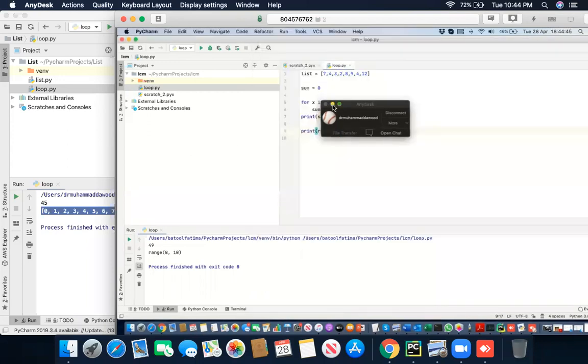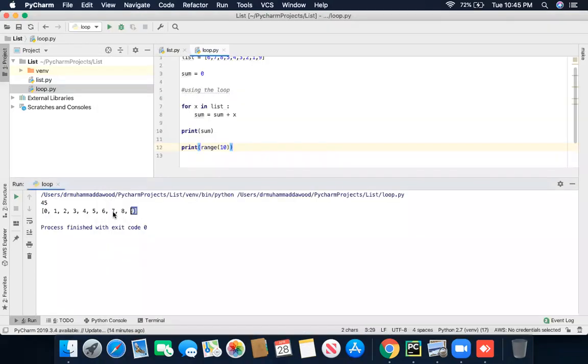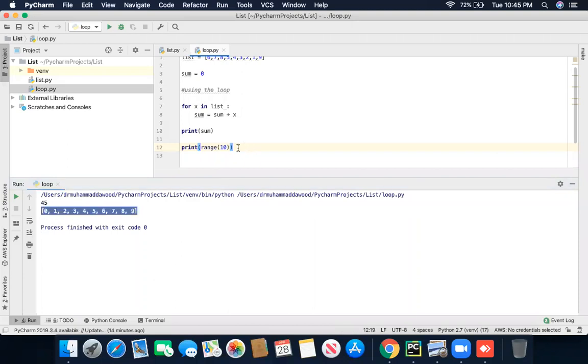So here you are, range of 10, and it will show you 0 and 10. That's also a good output, but why does it make this output? It's the same output I am getting, but my output is in the loop type, I guess it's part of that range stuff or something like it.